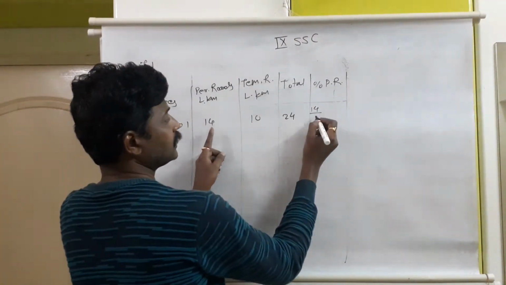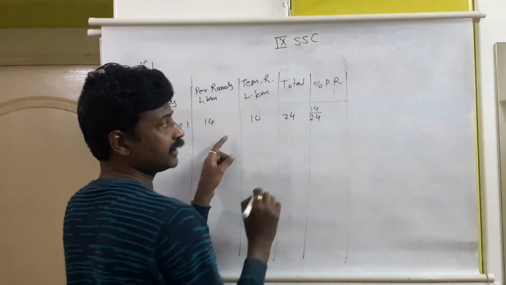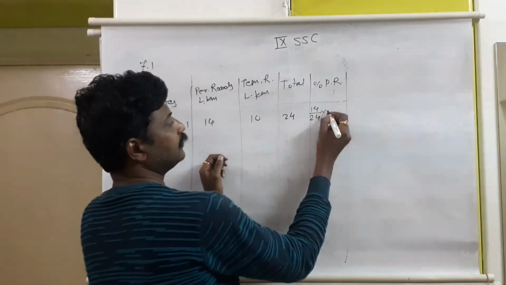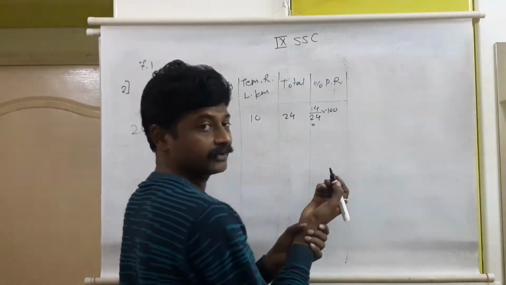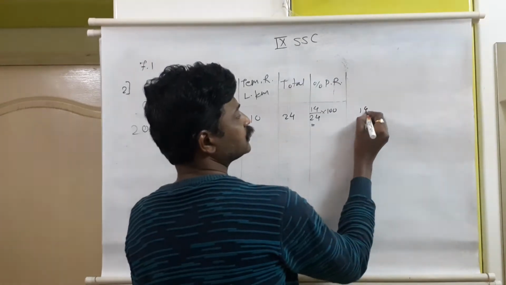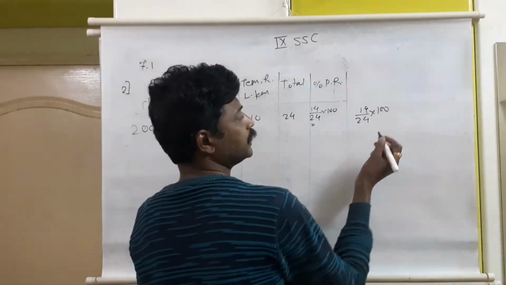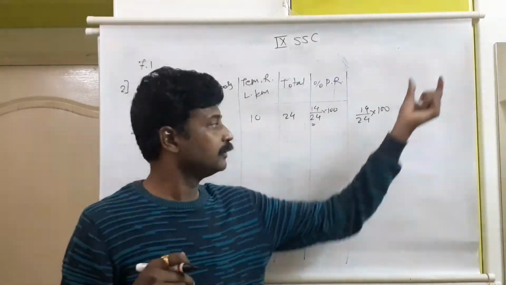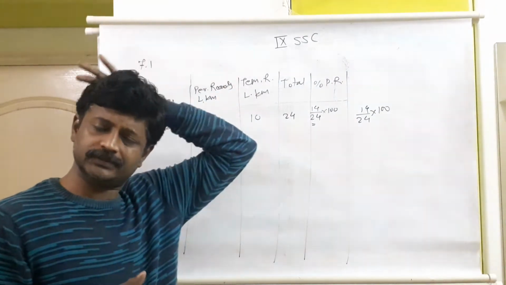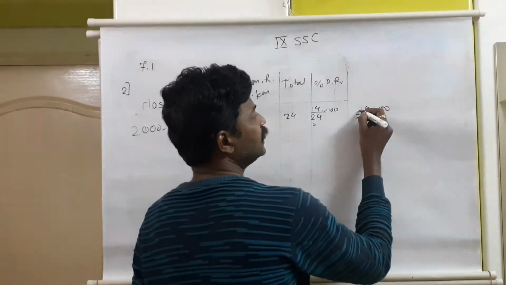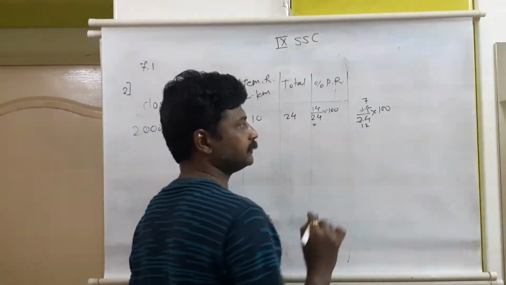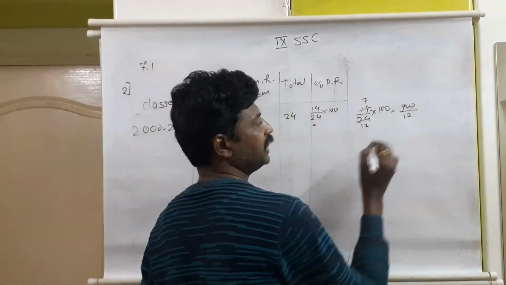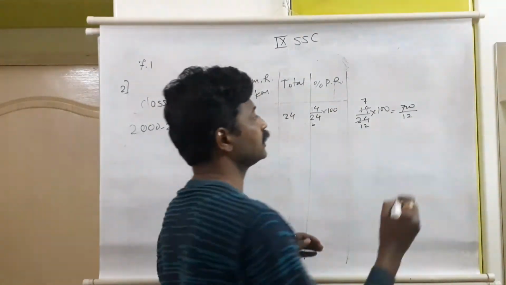14 lakh kilometer out of 24 lakh kilometer was permanent roads for 2000 to 2001. Then out of 100, how much? 14 upon 24 into 100 will solve it. Last time we directly multiplied this and divided by 24. In the last video we formed the table of 24. Here, if possible, we can simplify also. How will it be? 2 sevens are 14, 2 twelves are 24. Now 100 into 7 is 700 divided by 12. Table of 12. We'll continue with that.